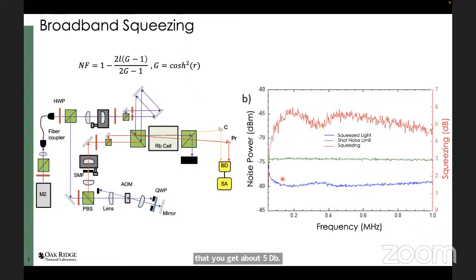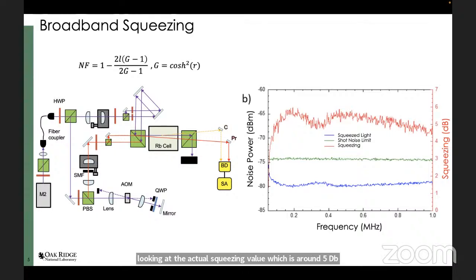And correspondingly, we also want to look at what the spectral properties of the squeezing are as well. Because our signal could reside somewhere across the RF domain for various types of signals of interest. And so we, again, measure the classical limit and then compare it to the squeezed case, which is in blue, and we can see that we're squeezed. We also confirm that by taking the difference and looking at the actual squeezing value, which is around 5 dB again.